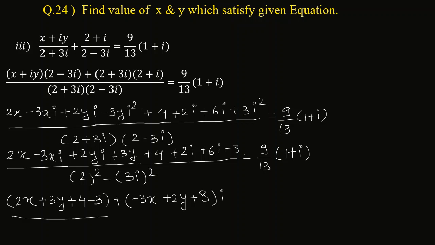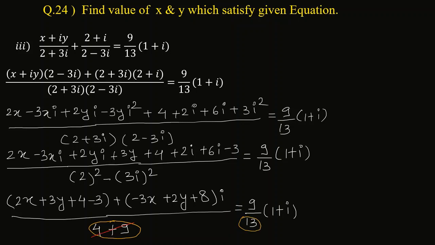And now the whole is divided by, so what we are getting in the division is 4, which is the square of 2, and 3 का square is 9, in between minus, but 9 के साथ में i square भी आने वाला है, and because of that i square this minus 9 becomes plus 9, is equal to 9 upon 13 multiplied by 1 plus i. This is the next term we are getting. So in the denominator, if you observe, this 4 plus 9 gives you 13, and here also we have 13. So this 13 and 13 will cancel.